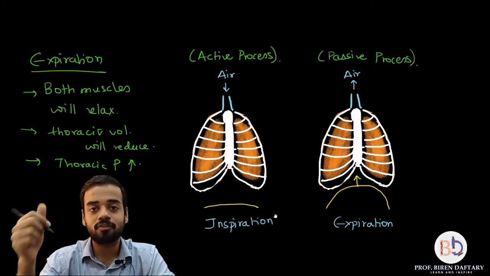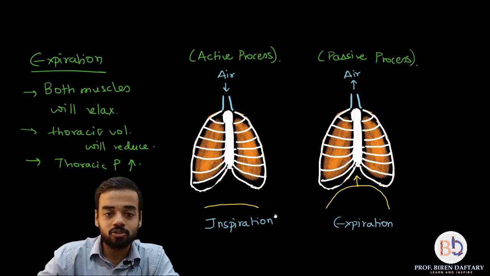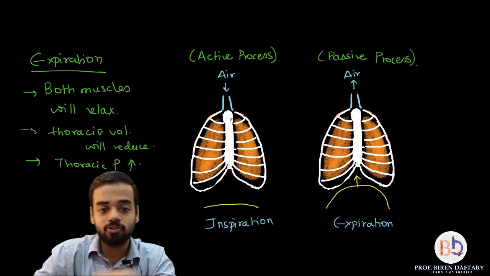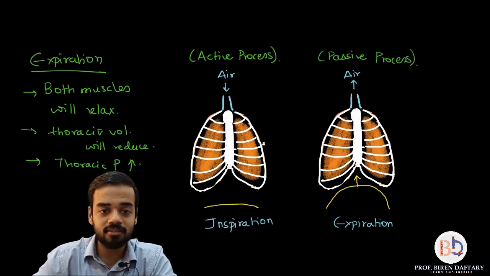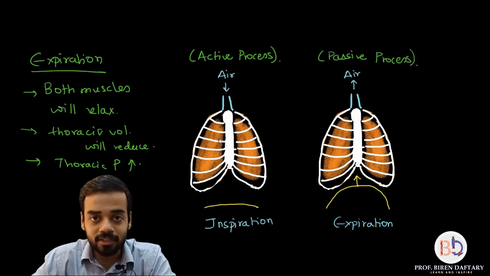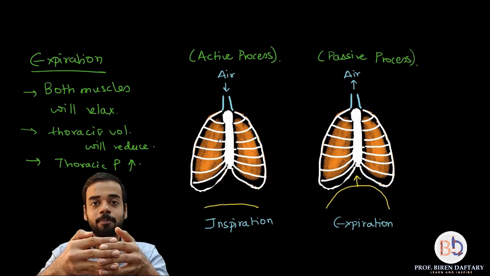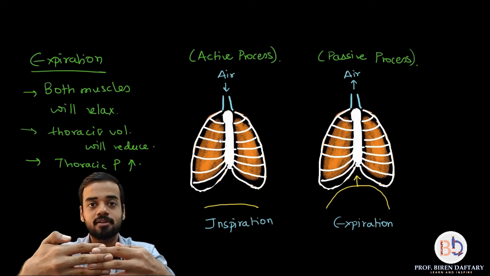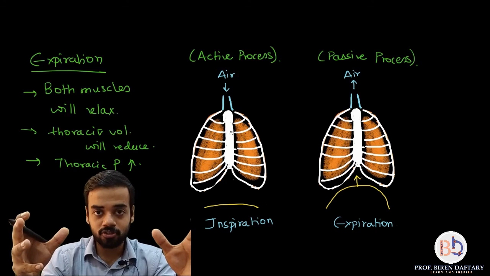How does inspiration occur? First point is both the muscles, they contract, diaphragm and intercostal muscles. So your diaphragm will contract, so it will become flat, it will reduce in size, so there is space over here, so volume will increase, thoracic volume. Other thing is all your muscles which are present over here, the intercostal muscles, they will also contract. So what is going to happen is this rib cage is like this, that rib cage will be pulled outwards by the contracting intercostal muscles, so your rib cage will become like this. So now volume over here has also increased, so now there is space for the lungs to increase.